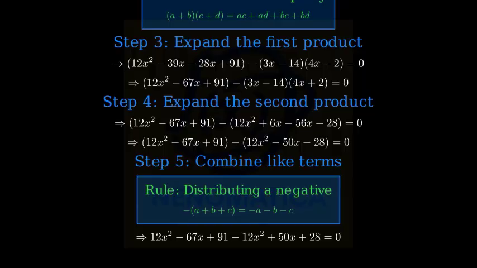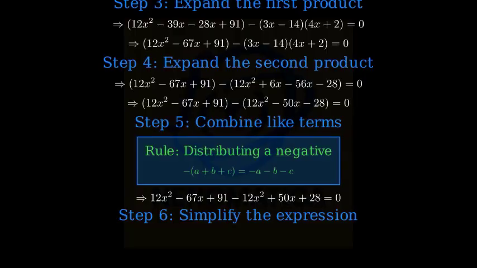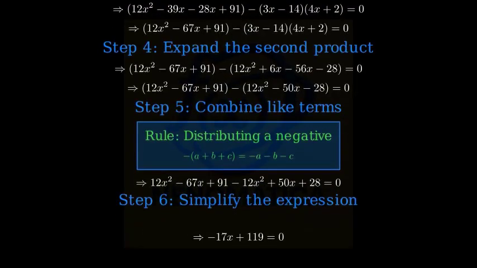Now, let's isolate the variable x. First, we'll subtract 119 from both sides. We get negative 17x equals negative 119. Next,